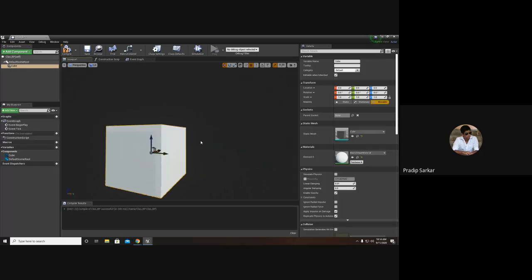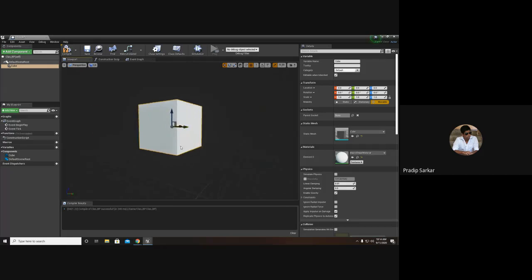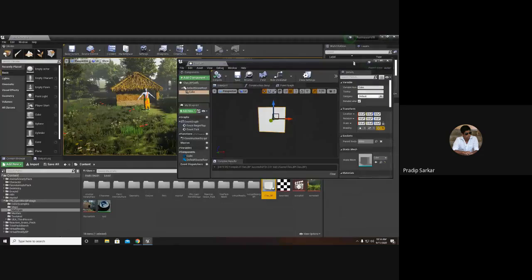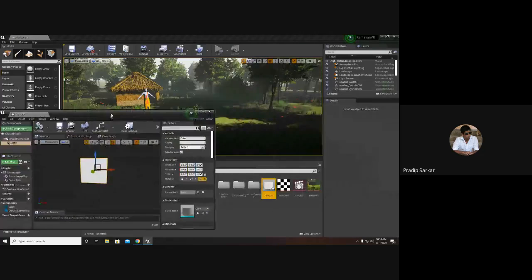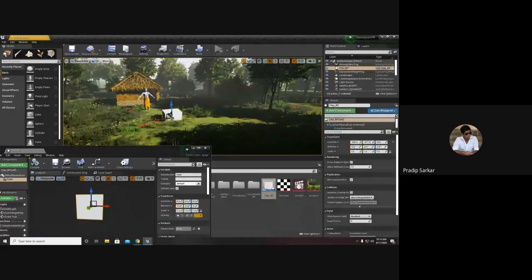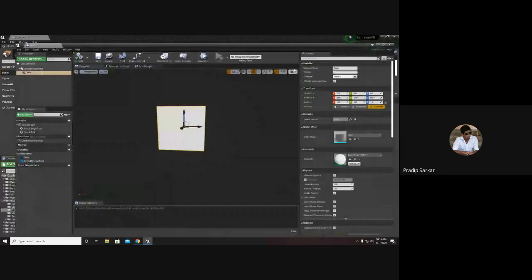Now you can see that there is a cube inside the viewport or the work area. If I compile and save it, now whenever I drag my blueprint, I will get a box or a cube.